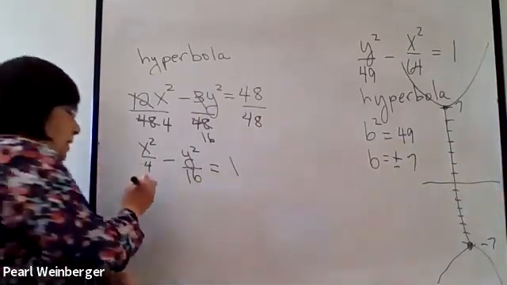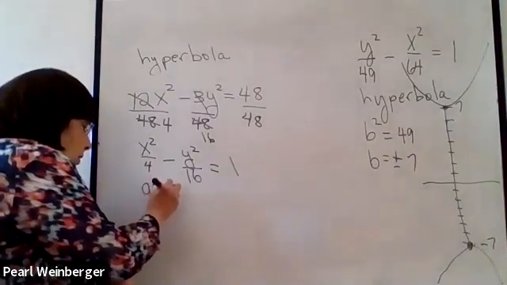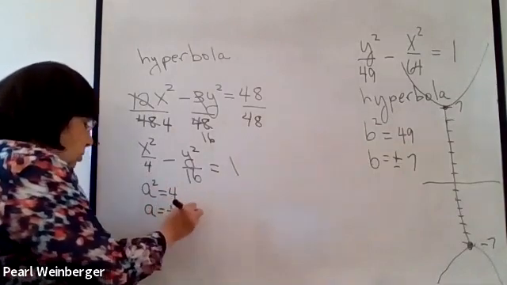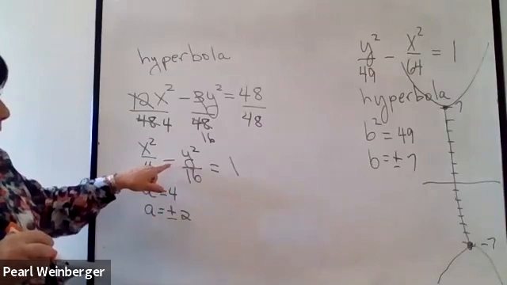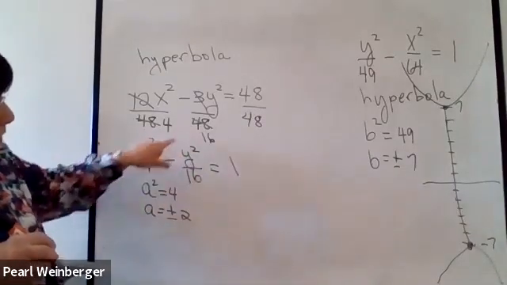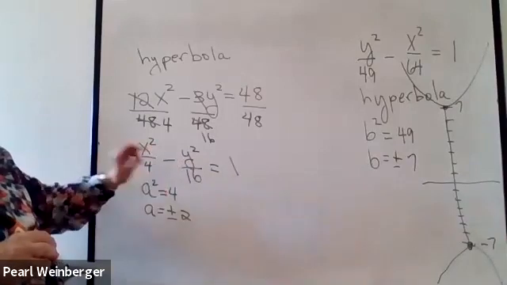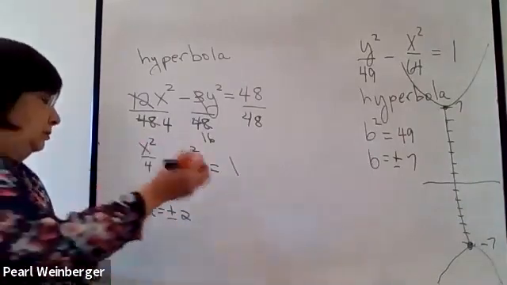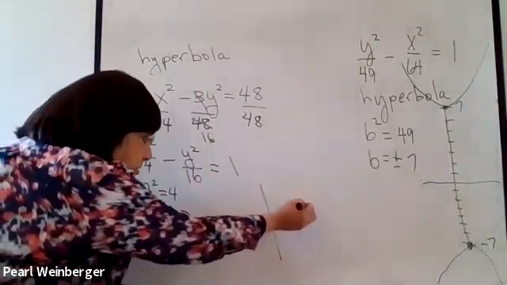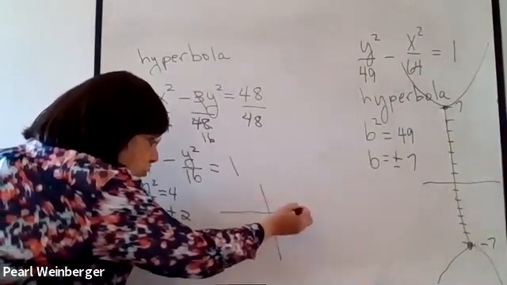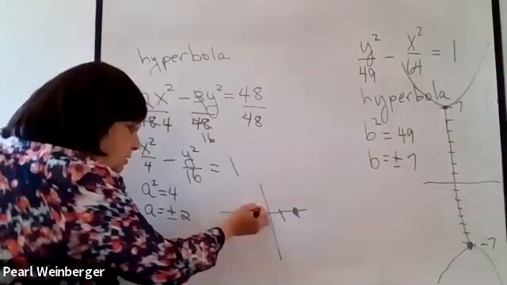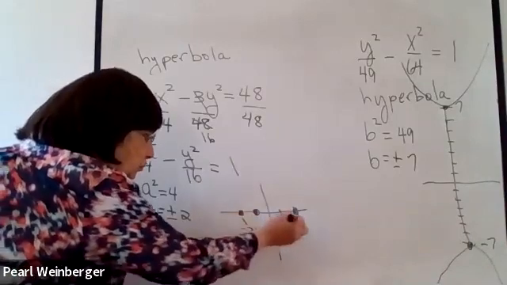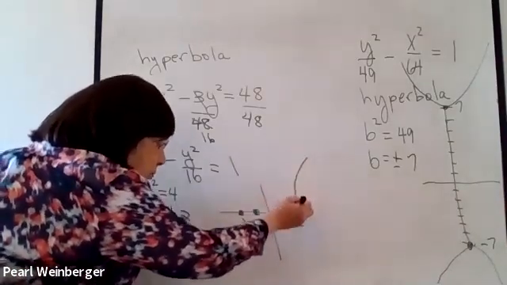I know that my a squared is 4, which means my a will be either plus or minus 2. The b squared I'm not concerned about, because the y squared is the negative one, so that one is not going to have any y-intercept. It will only have an x-intercept. So the sketch will look like this. I'll go 2 to the right on the x-axis and 2 to the left on the x-axis. And I make these 2 backwards